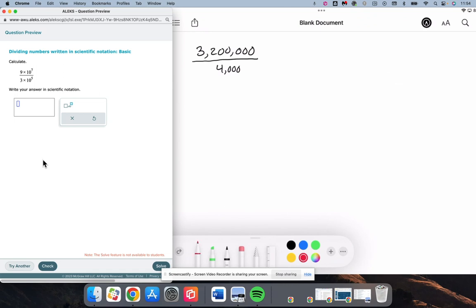And if we were to do this with these numbers in standard form, what most people would do is say, oh, I could cancel those zeros, I can cancel those zeros, and I can cancel those zeros. And that would leave me with 3,200 divided by 4. We would divide the 32 by 4 and get 8. And then we would say, oh, look, I've still got two zeros that need to be put on there, so that's going to be 800. And if I was to write that number 800 in scientific notation, that would be 8 times 10 to the